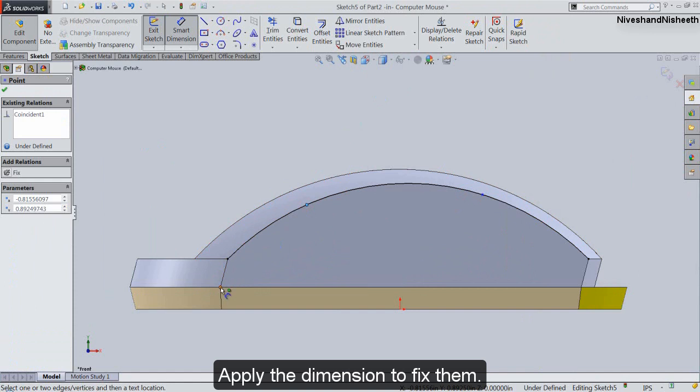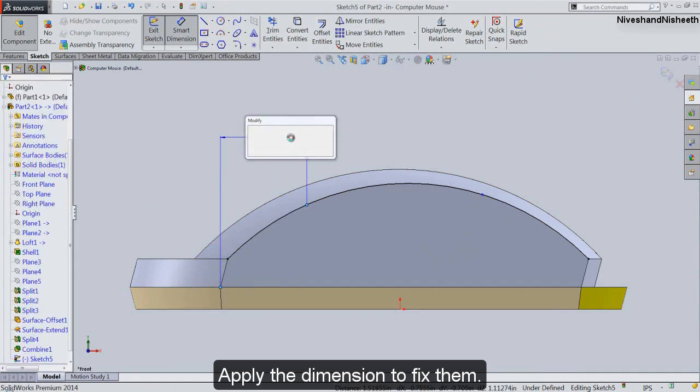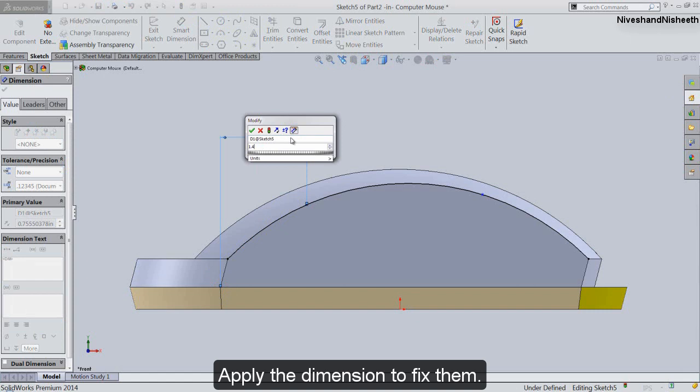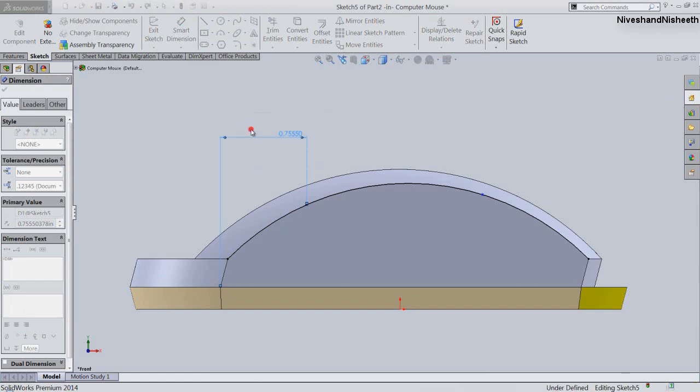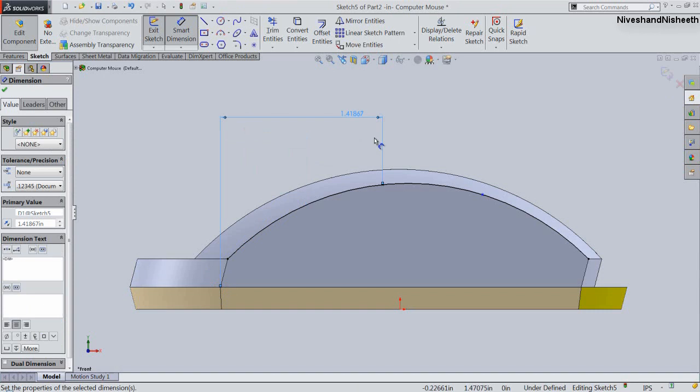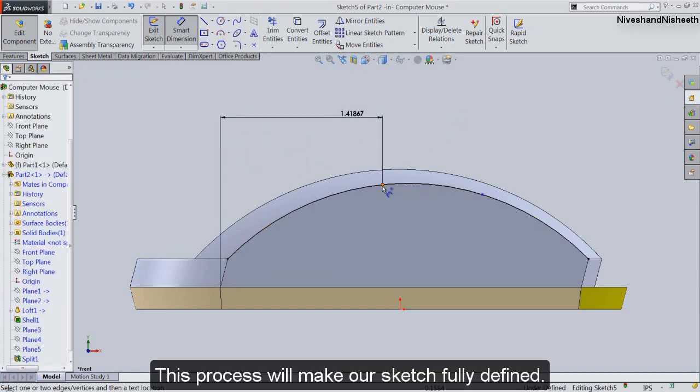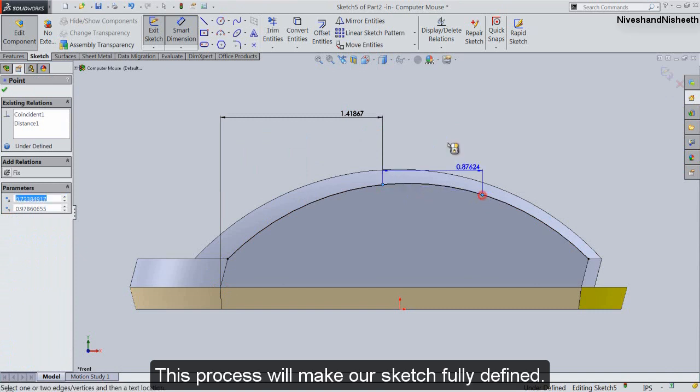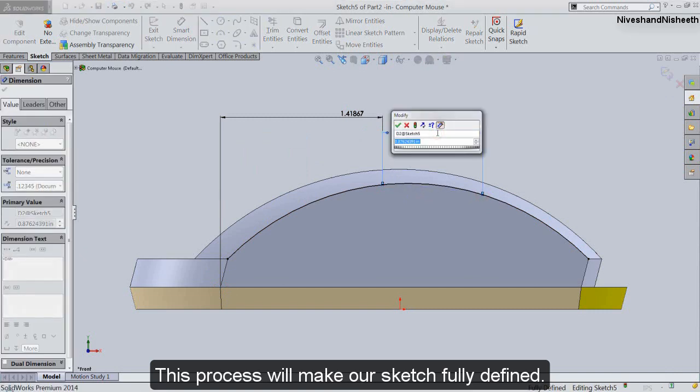Apply the dimension to fix them. This process will make our sketch fully defined.